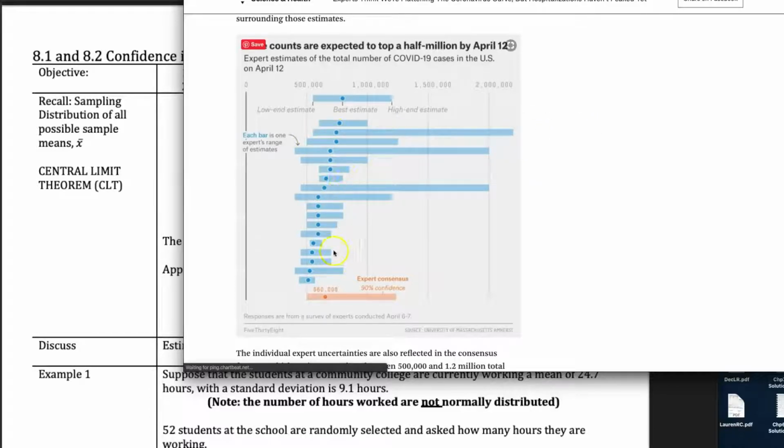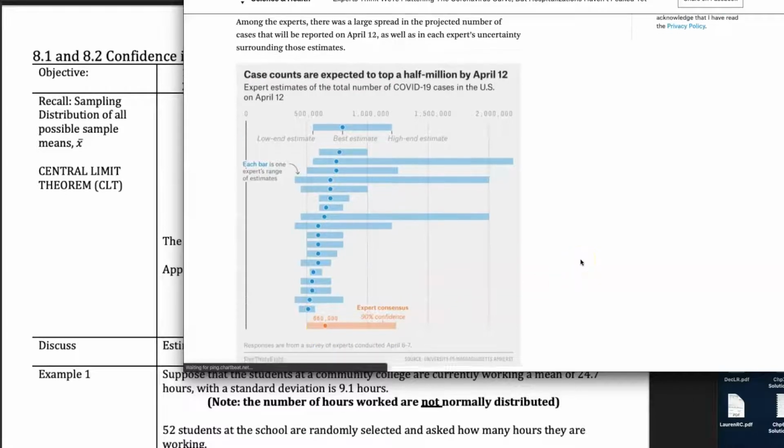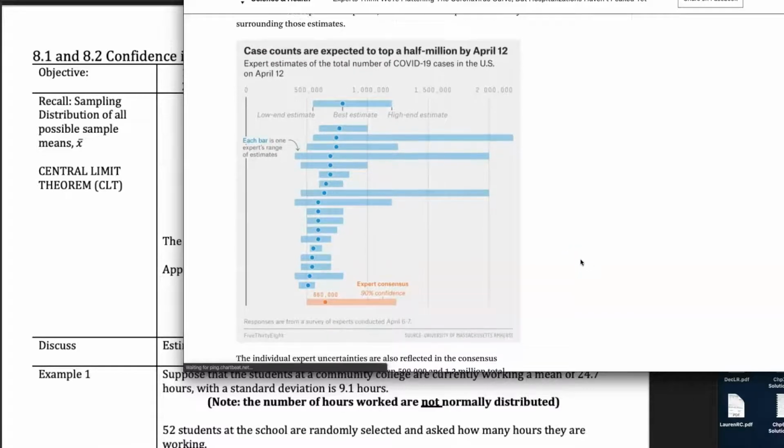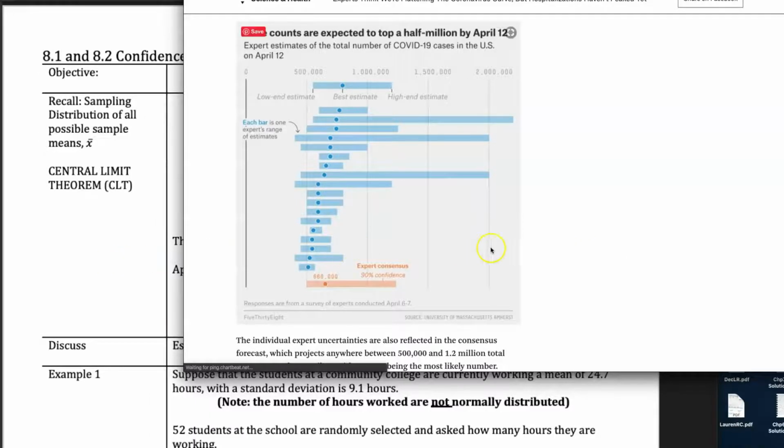So we're looking here at a distribution from the experts, and you will see this range of values. Some think it's going to be less than 500, all the way up to over 2 million, and that's just in 6 or 7 days they're trying to project out. That's what we're going to look at here, this idea of a confidence interval, because we're looking at ways to estimate what the value is actually going to be, which we don't know yet. Just like we're trying to estimate values of a population, we don't know how many cases there are going to be in the population. It's hard to project that, and you can see a lot of variance within that.